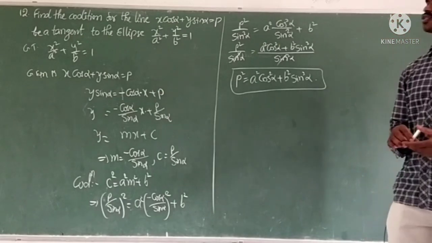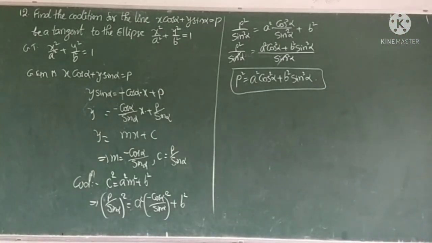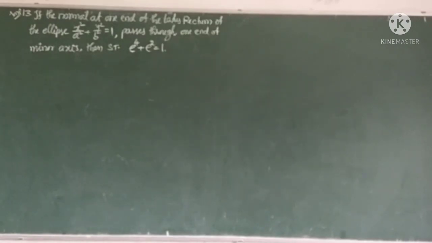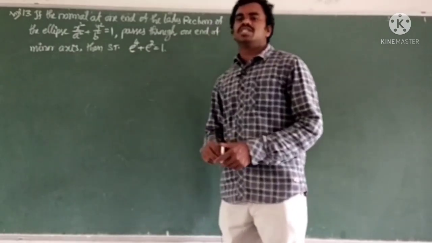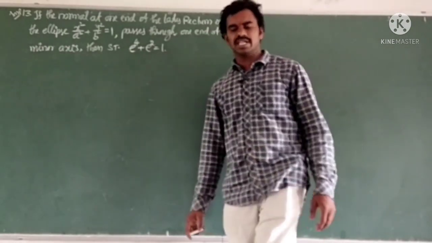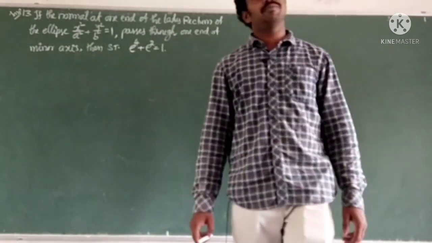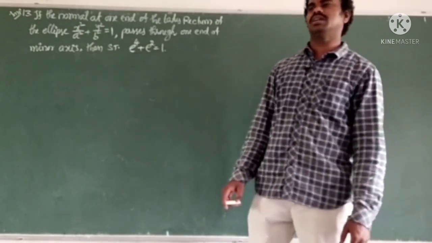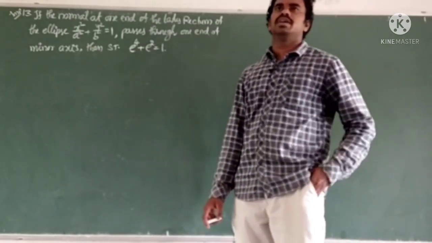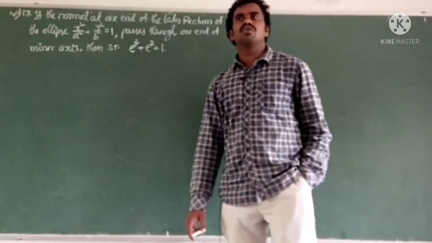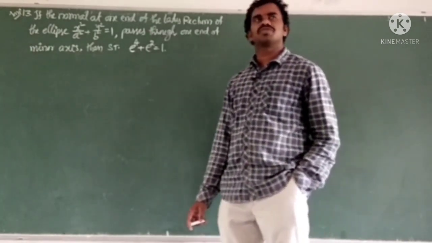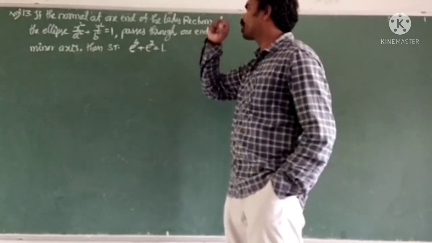So next, the 13th, that is an important question. Let us go to the 13th question. This is a very important question in 4 marks, especially how to find eccentricity, length of latus rectum, length of major axis. In the first part we have learned those, and they are the most important. After that, how to find the tangent equation and normal equation are also important.